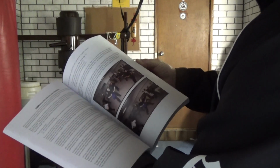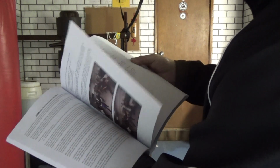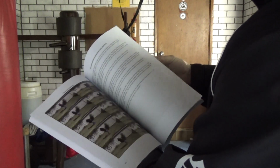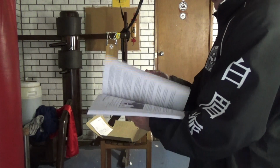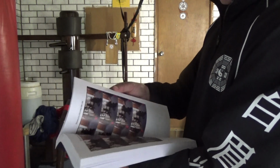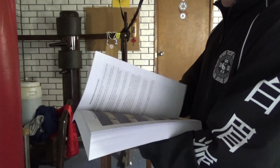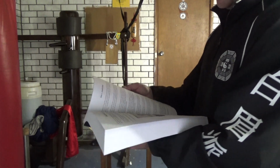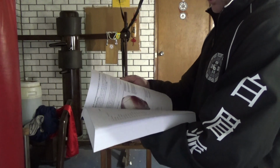So it's about the white eyebrow salute, stance and footwork, all the different types of stances and what they represent. There's a 5-element footwork drill. Where's the Dim Mak? It's got the red dragon, seated and standing practice and why it's important. Stories about Dim Mak,